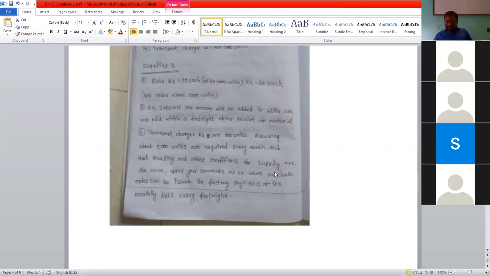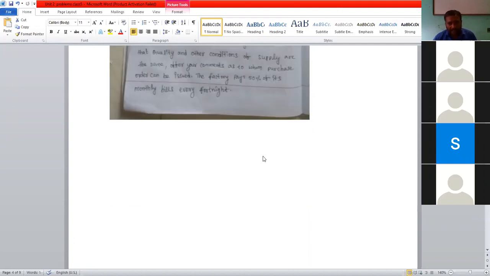So based on the suppliers, which is a better one and whom the purchase order can be issued? Normally, we are going to see the quality of raw materials. The people who quoted a lesser price, we are going to issue the purchase order to the concerned supplier. And the factor, what they're saying, the factory will pay 50% of its monthly bills on every fortnight. So fortnight is 15 days. If one year is 360 days, divide by 15 days. That will be useful while calculating the supplier.